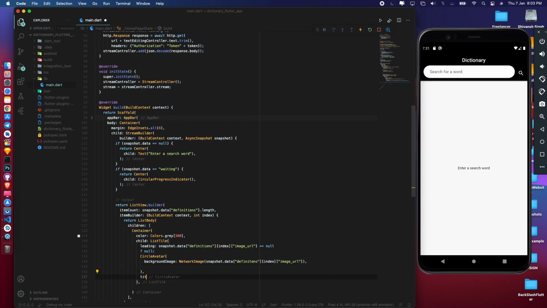Here after that we need a title. Title would be the text which the user enters. If I write Apple, then it will display the Apple logo there, and after that I need the meaning for that. I will write this open braces and then snapshot dot data, then definition. You can see this is very easy. I think while you are seeing this video, you will also be speaking with me about this index, then type. I need the type of.